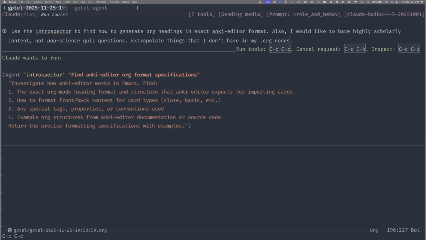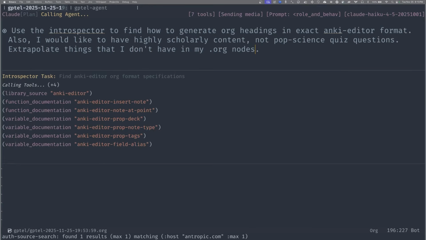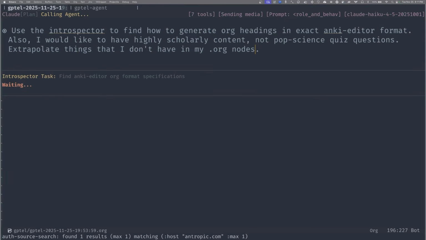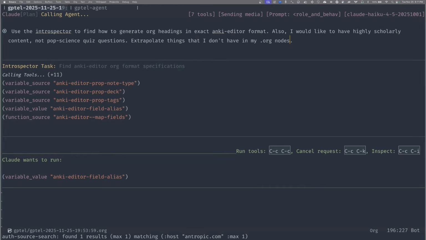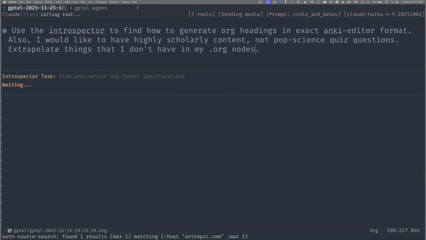Let's find out. Now you'll see that it's making tool calls where it's looking up things in Emacs. It's doing describe variable and so on. It wants to look up the value of something that requires confirmation because variable values can have sensitive information.